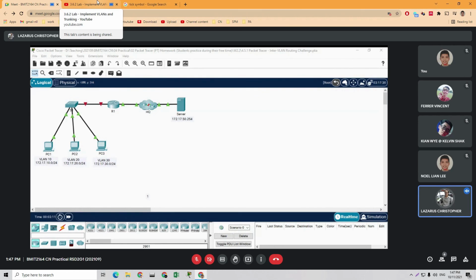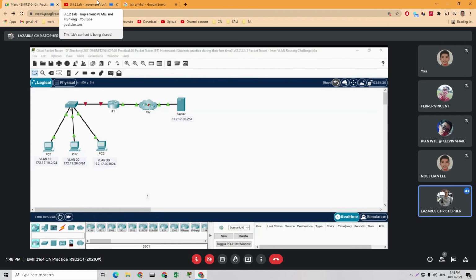If you have a look at the Packet Tracer activity, you're just given two tables. One is the addressing table, so you can refer to that for addressing needs, and the VLAN and ports assignment table, so you know what VLANs to create, given its description also, and all the interfaces that are assigned to the VLANs. Now, you can see the instruction. That's why this is a challenge. If you can do this, then that means you're not mastered, but you know how to do the inter-VLAN, to setting up VLANs,